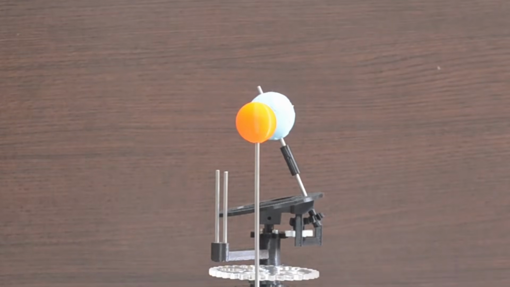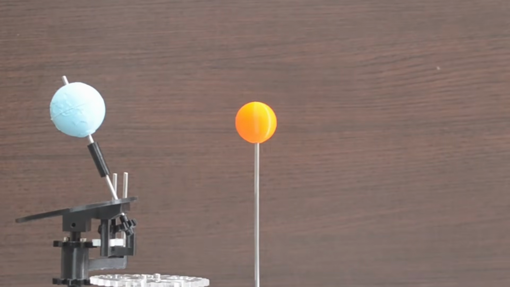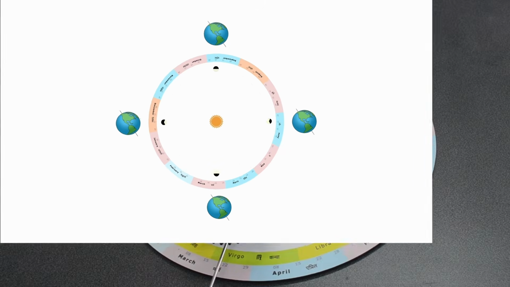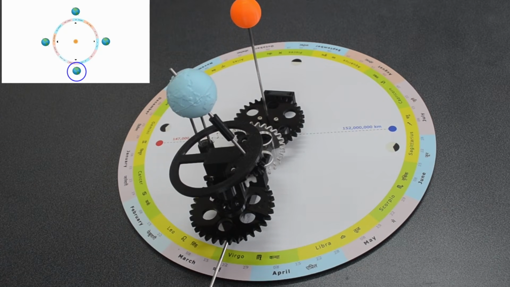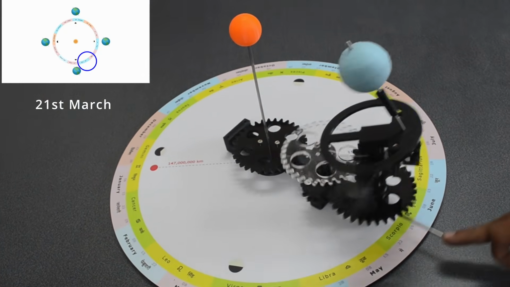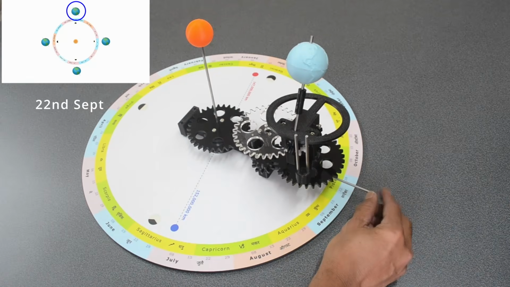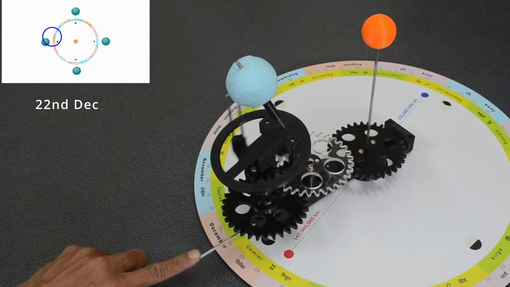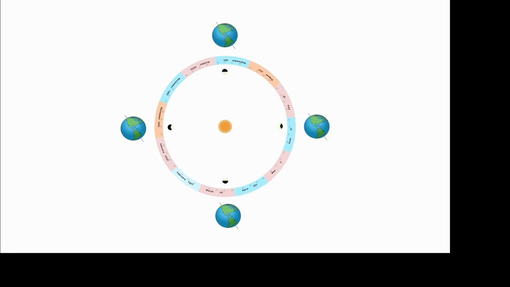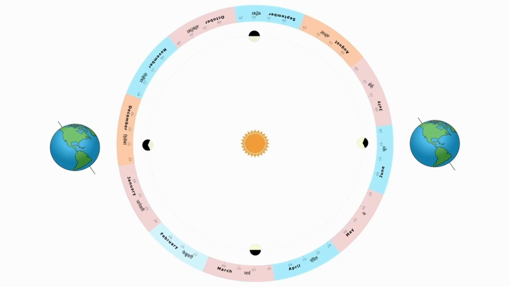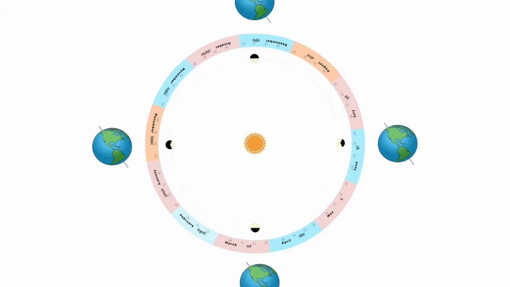The Gregorian calendar we are familiar with is purely based on the movement of the Sun. Dates of the calendar are tied to the equinoxes and solstices. Sun will always be at this position around 21st of March. Here, 21st of June, 22nd of September, and here on 22nd of December. Length of the months in this calendar vary. They don't have any direct correlation to any celestial event or object.